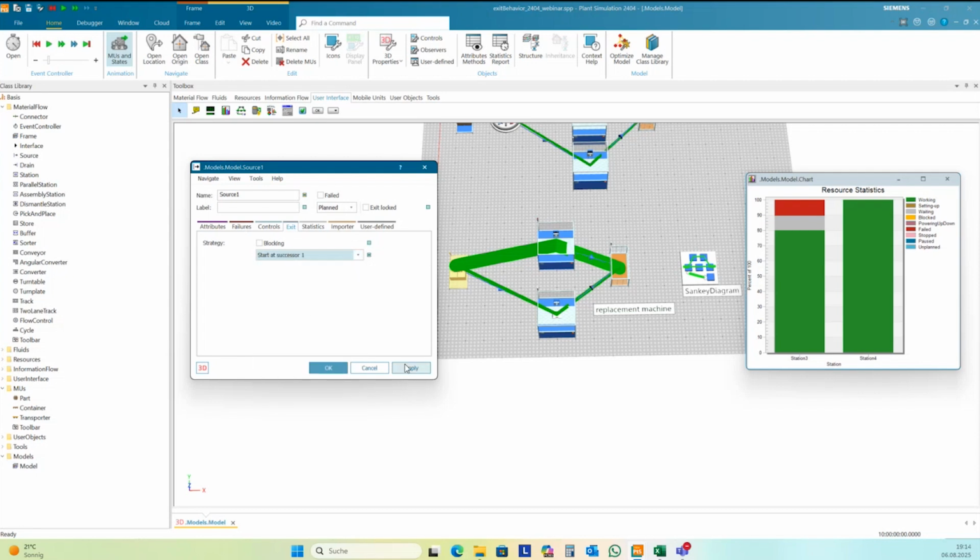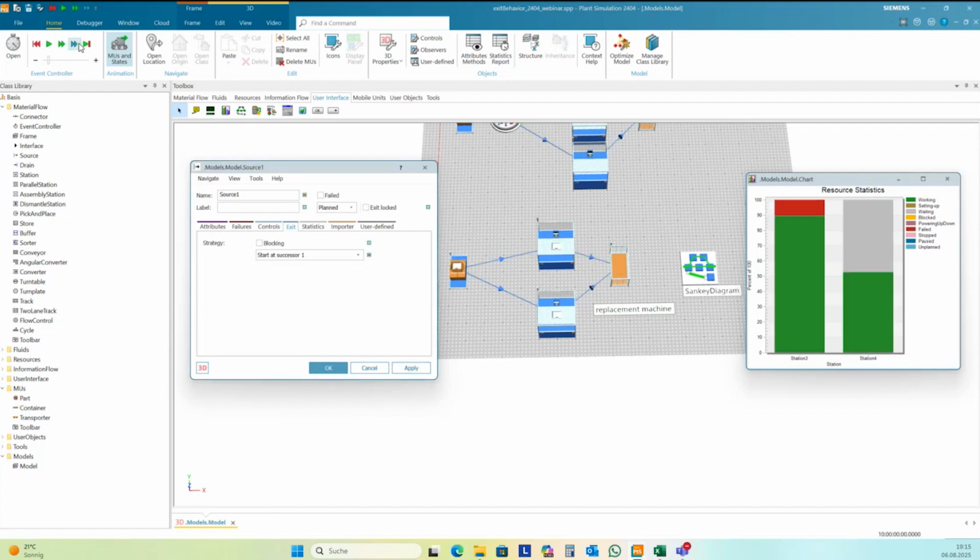This one would be the right for this case. It should try to run on the first machine, and only if the first machine is not available, then it should use the second machine. And the result should be that the first machine is occupied almost 100% or has a utilization of 100%, less the 10% failed. So, okay, I apply this and I try this again.